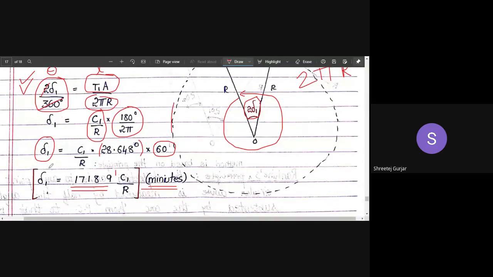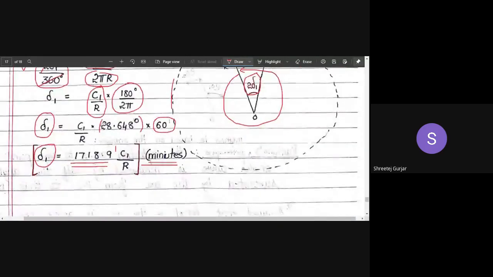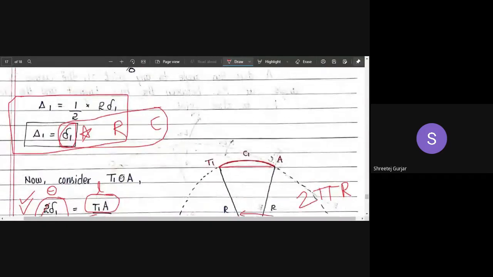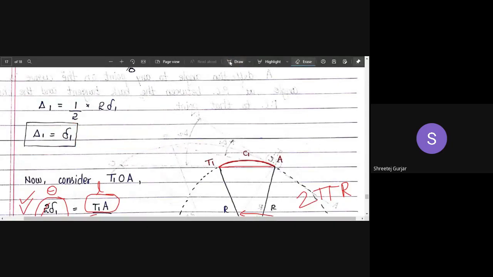So now what we can do, we can substitute this particular delta in our formula over here. Okay, we have converted it in terms of radius and in terms of chord length, correct? We know the chord length, right? Chord interval we can set, say 20 meters, say 10 meters, 15 meters. We can set chord interval, and radius will be given to us. Okay, radius will be given, or we can also calculate radius using various equations. Okay, so we have successfully derived a relationship between delta 1 and chord length and radius. So we can substitute that particular thing over here. So delta 1 is equal to what?